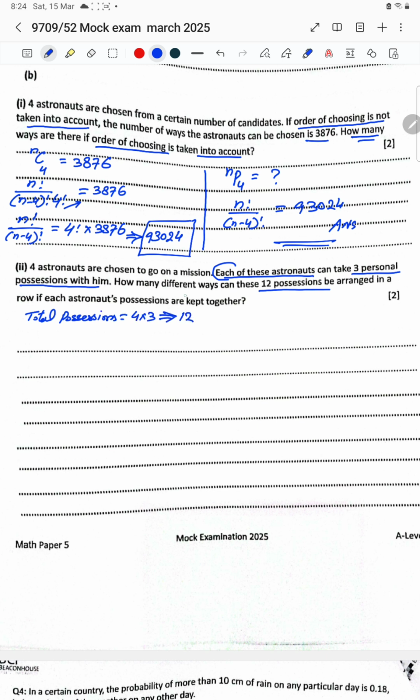Yes. How many different ways can these possessions be arranged in a row if each astronaut's possessions are kept together? Okay. If each